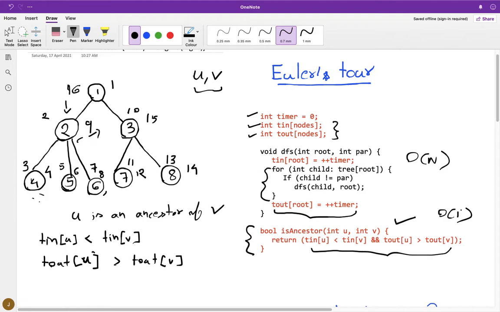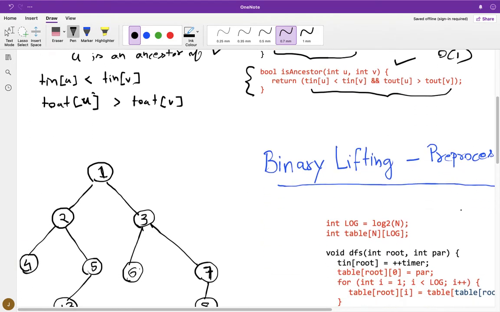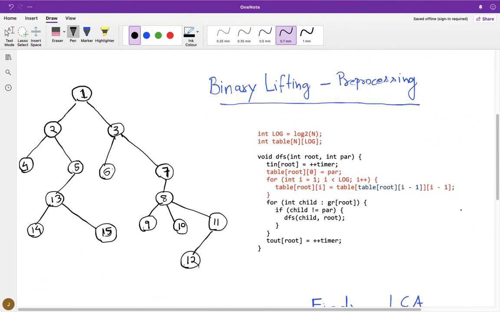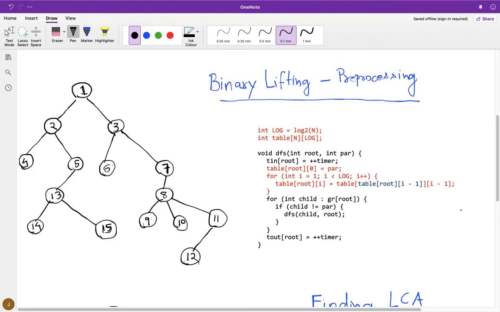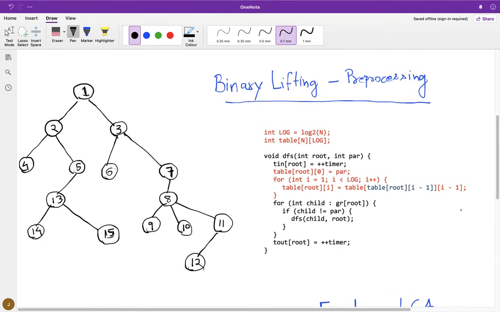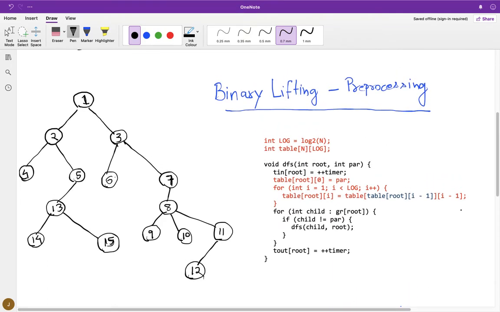Okay, so now let's move on to binary lifting, pre-processing of binary lifting. What we do in binary lifting is we maintain a sparse table of parents.